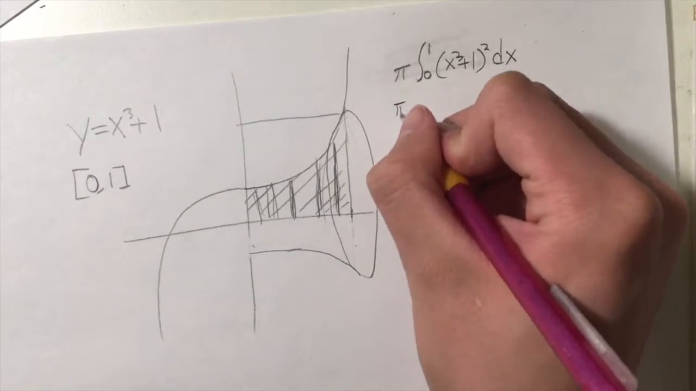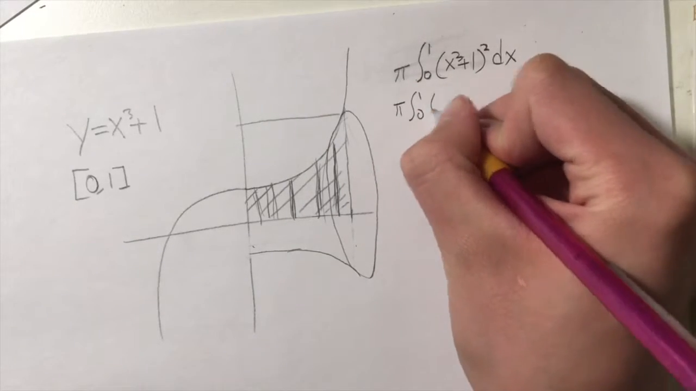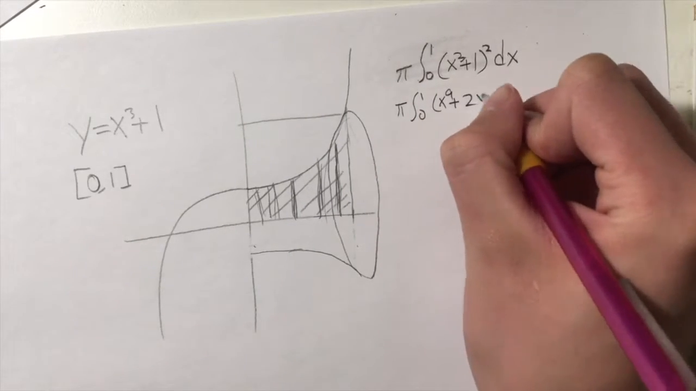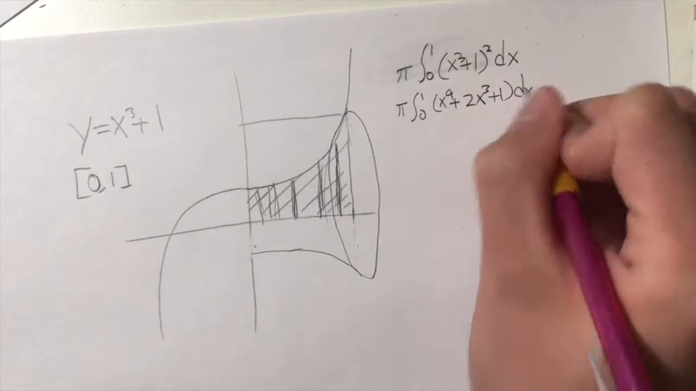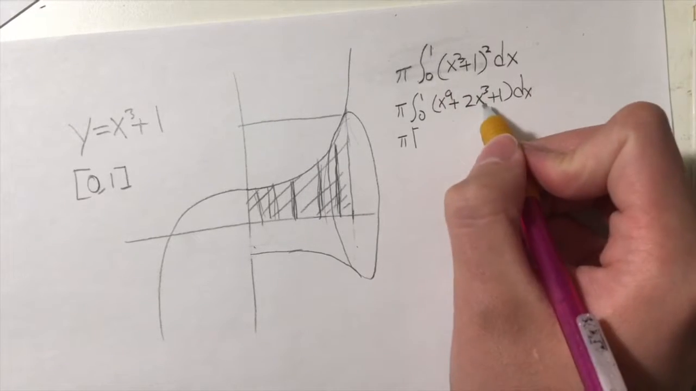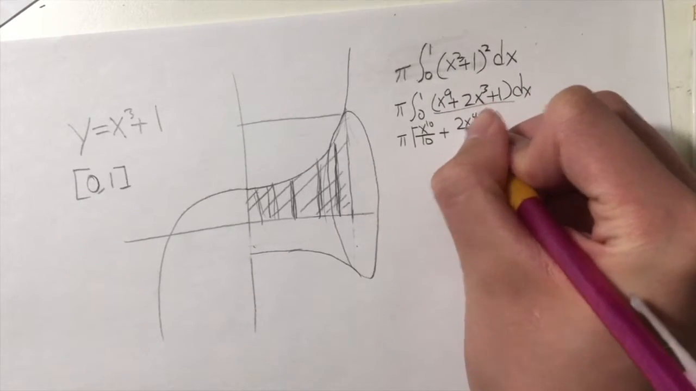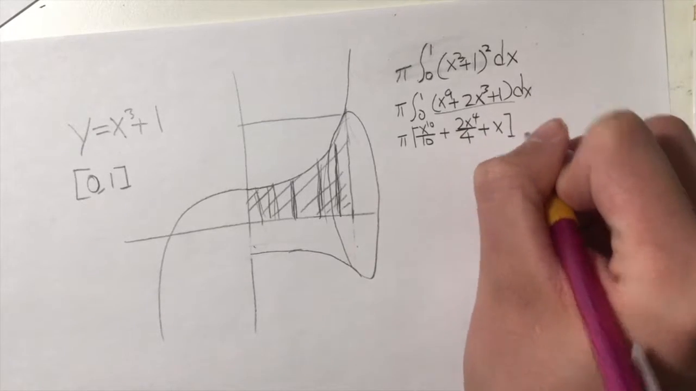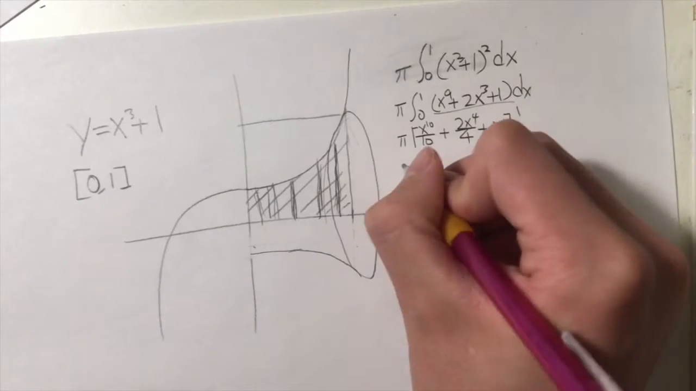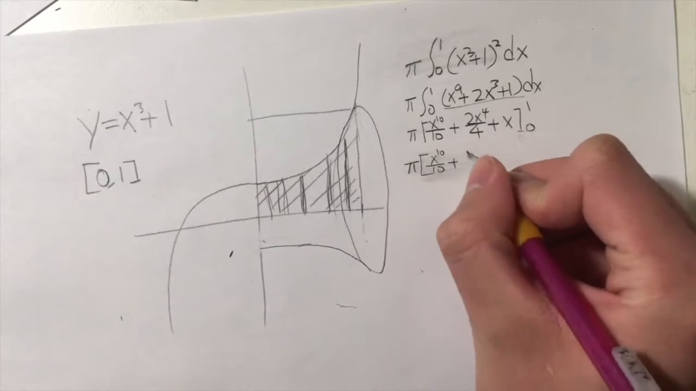Now, distributing the power of 2 into the addition, we would get x to the 4th plus 2x squared plus 1, dx, times pi. And solving the integral, we would take the antiderivative of this function, which will be x to the 5th over 5 plus 2x cubed over 3 plus x. Remember, from the interval 0 to 1. And just to simplify the function down,